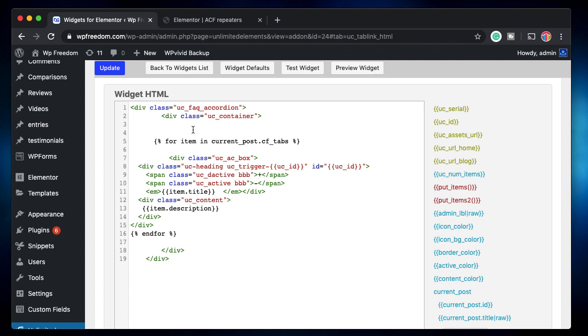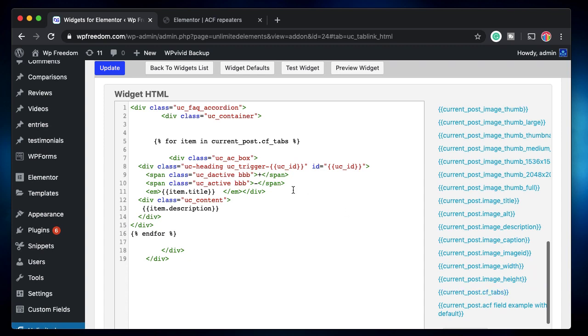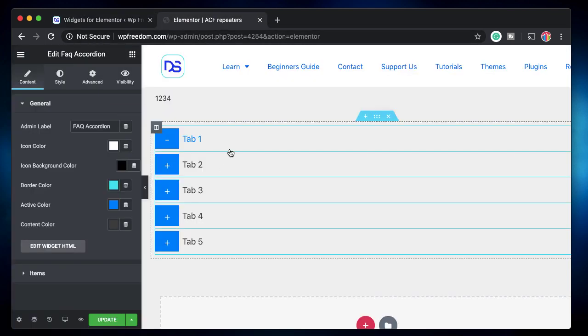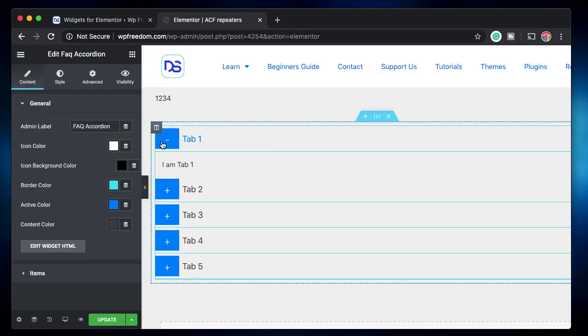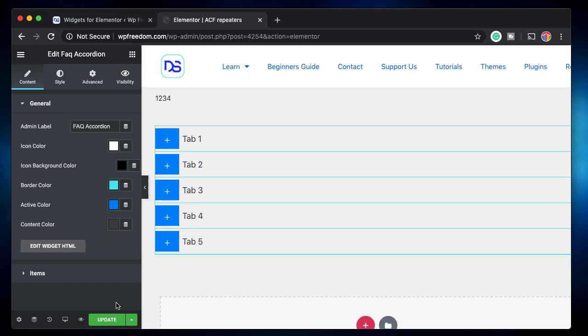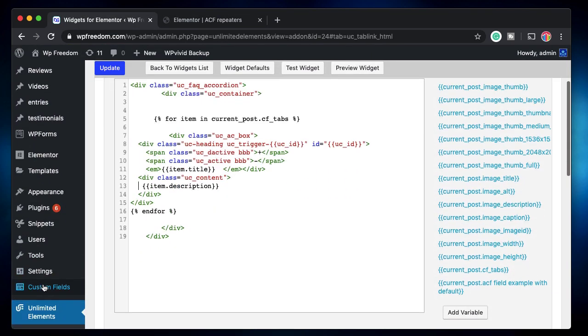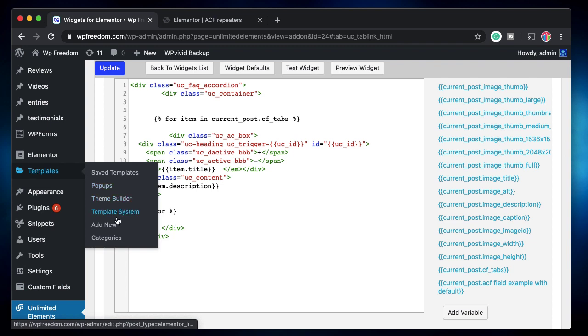You can take each of the elements in the repeater and replace these attributes with ACF repeater subfields, which is what I did. So it was item, title and description within this ACF repeater, which is called tabs, and by doing so we are able to create a widget that will pull dynamic data that we entered in the Gutenberg interface. Now we don't want to manually do it for each and every post, but rather we'll just create a theme builder template, and you need to have Elementor Pro to do this.